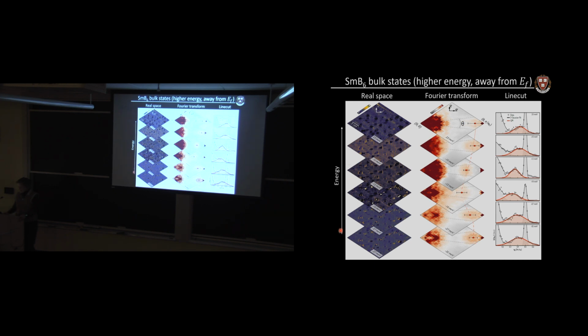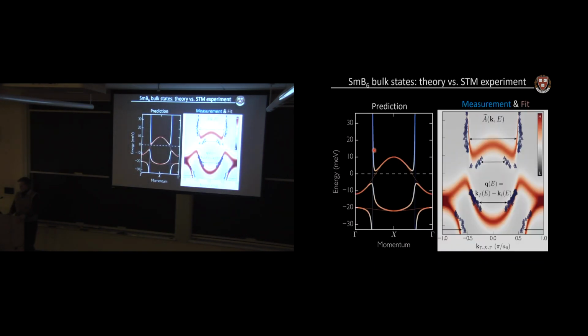Here's the energy axis. And if we look at the energies away from the gap, these are our data points here, which fit pretty well to the cartoon band structure. And so the real question is, what's going on inside the gap? And this is the unknown. And this is something that has been really hard to figure out from techniques such as ARPES, which is generally the powerhouse technique for understanding new topological materials. But in this case, the energy scales are so small, and so much of the interesting physics is in the empty states up here that it's been really hard for ARPES to tease apart this problem.